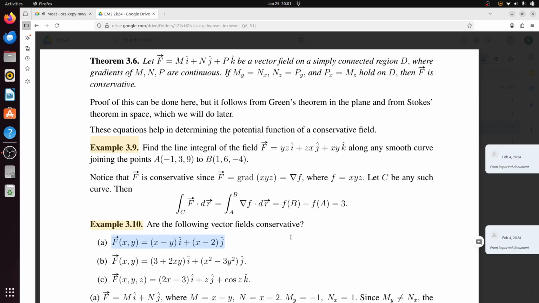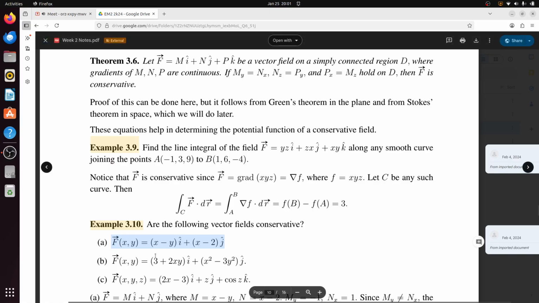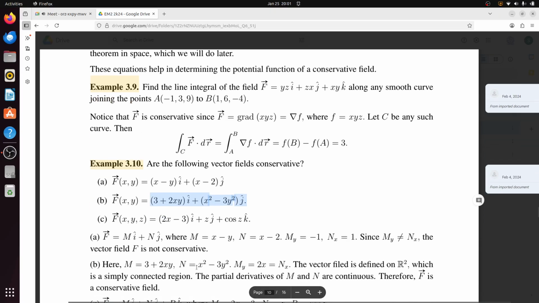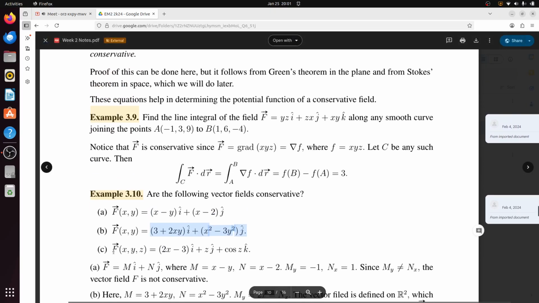चलो पहला प्रॉब्लम, क्या ये कॉन्जर्वेटिव है बताओ, (x minus y) i cap plus (x minus 2) j cap. Not conservative. Yes. सेकेंड कॉन्जर्वेटिव और नॉन कॉन्जर्वेटिव। सो 3 plus 2xy, सो del del y करोगे तो बनेगा 2x, और इसका del del x करोगे तो बनेगा 2x। तो this is actually conservative, right. The second one is the conservative. और ये थर्ड वाला आप होम टास्क चेक करना, ठीक है।